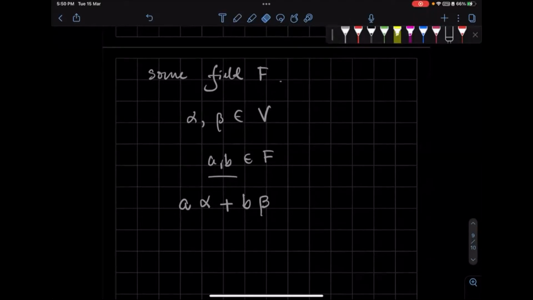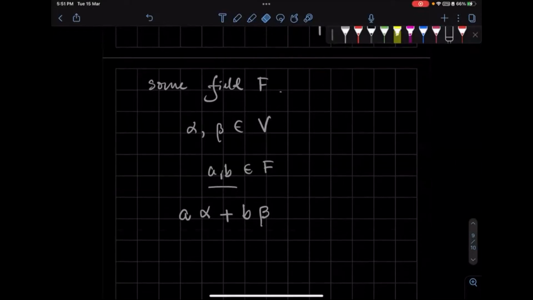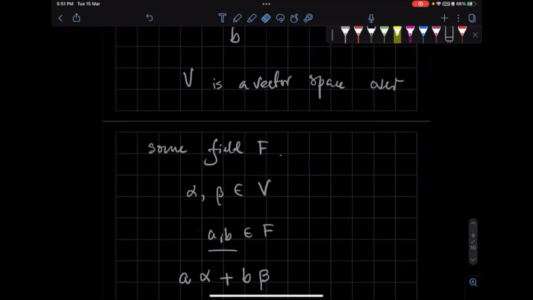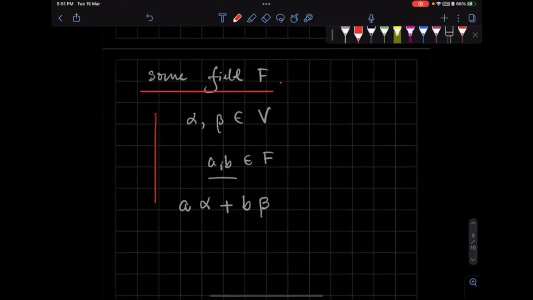Oh, I see. Okay. The important thing I want you to take away from here is that if you come across the statement V is a vector space over some field F, this is what it means. Oh, I was thinking that this meant that alpha and beta would have to be rational numbers. And I was thinking, well, that doesn't make sense. The real numbers obviously have more numbers than just the rational numbers.